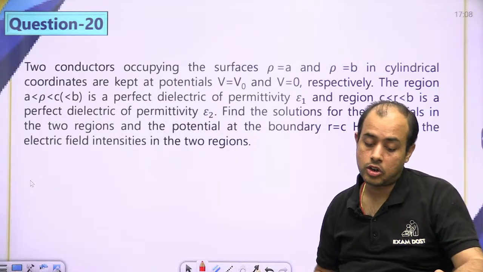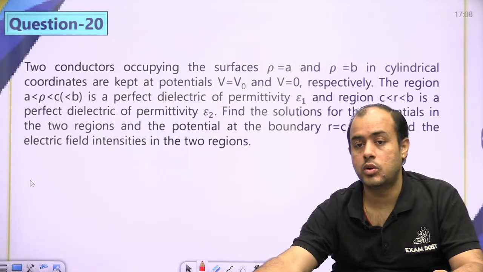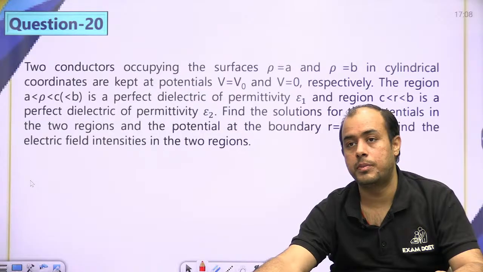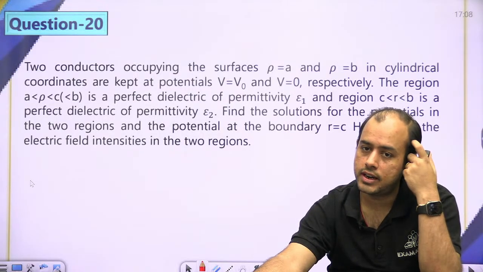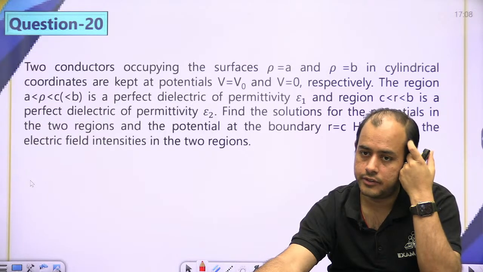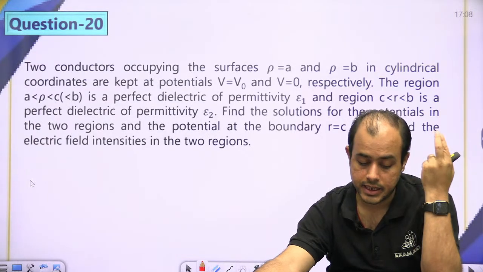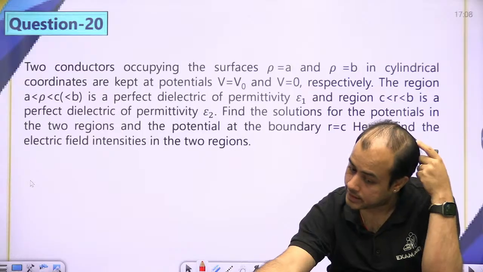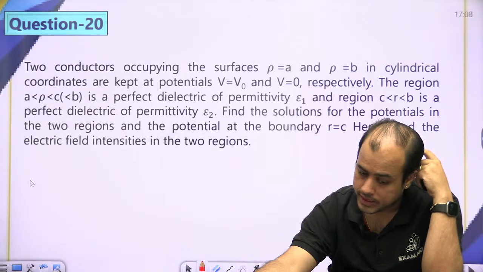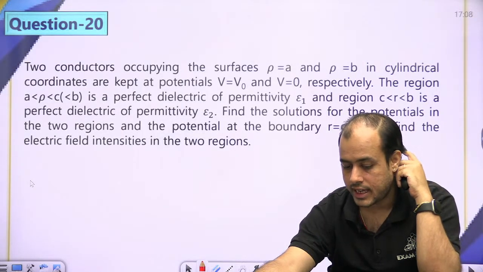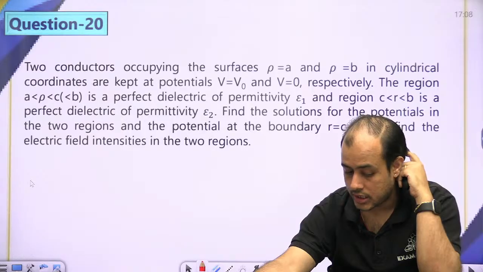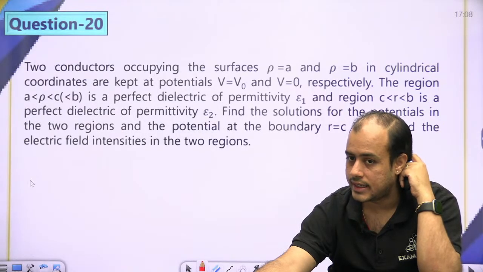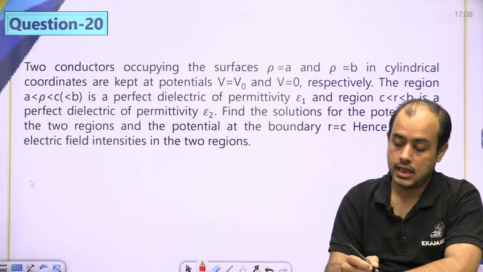Two conductors occupying the surface rho equal to A and rho equal to B in cylindrical coordinates have V equal to 0 and V equal to V naught. The region between them is a perfect dielectric, and the region from C to B is a dielectric of permittivity epsilon 2. Find the solution of potential in the two regions and the potential at the boundary, and hence find the electric field. अब देखिए,